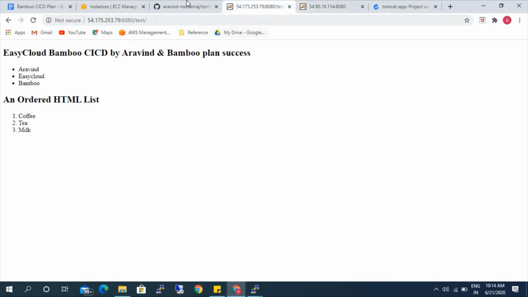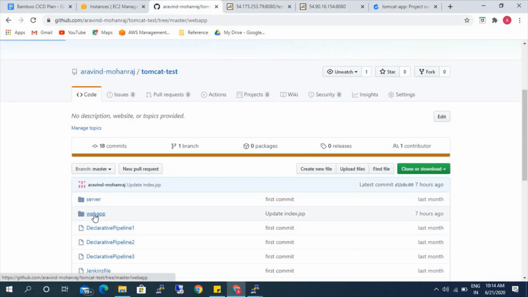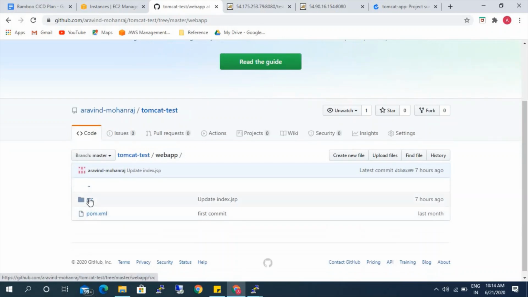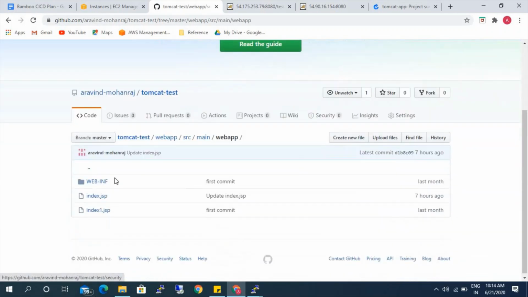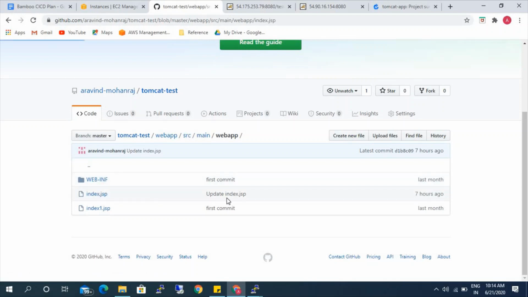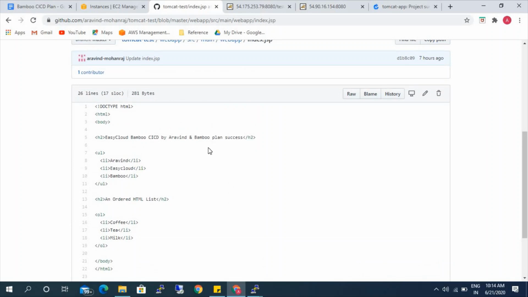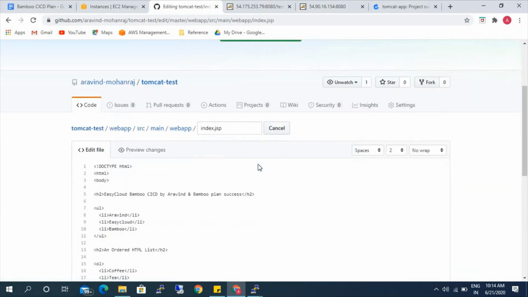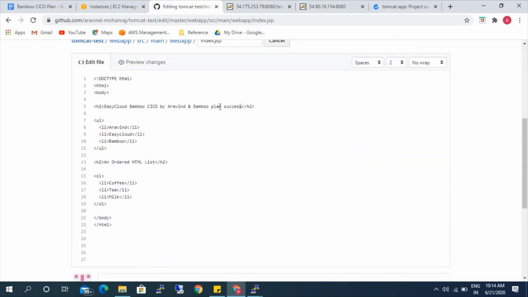Okay, so let's go ahead and make some changes in our code and see whether it is reflecting. This is our sample web page code here. So let's edit this, and once we commit this, then automatically it should start building in dev and deploy in dev, and later it should be deployed in the production as well.